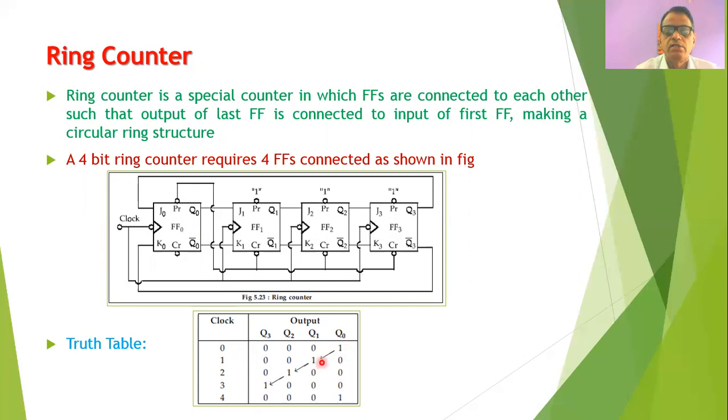One can easily observe that this 1 is initially at Q0 and it moves to Q1 after the first clock pulse, then it moves to Q2 after the second clock pulse, and it moves to Q3 after the third clock pulse. So if the outputs of all the flip-flops are connected to LEDs, and if the LEDs are arranged in a ring fashion, then one LED will glow at a time, and if pulses are applied continuously, then a kind of ring will be formed, and that ring will be displayed.